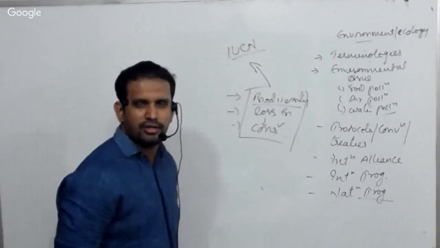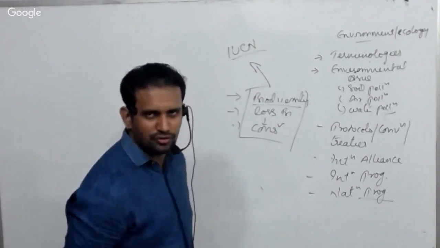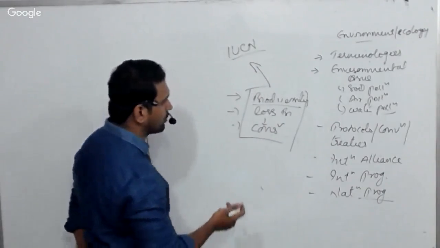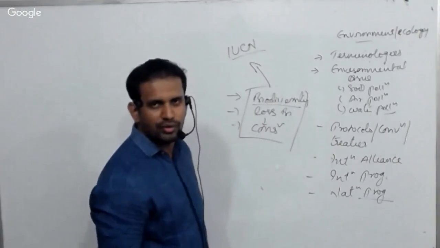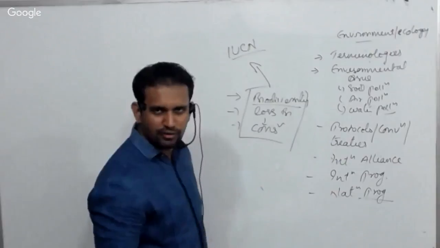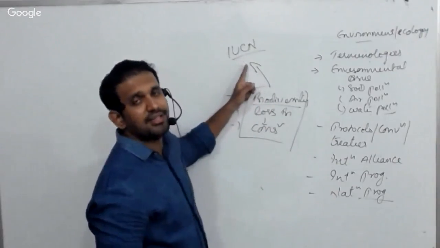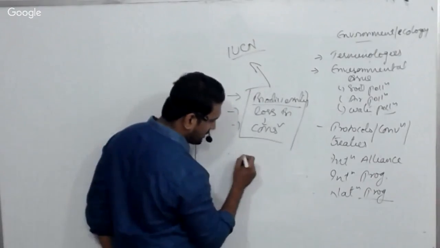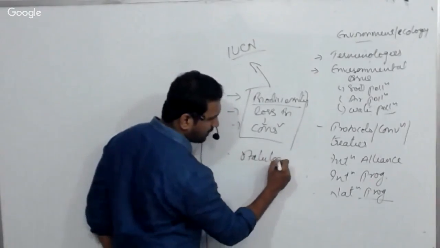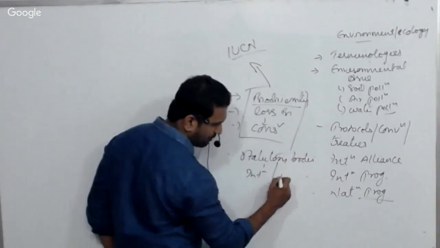an organization, the International Union for Conservation of Nature and Natural Resources, which we are going to discuss as well. So yes, the world is losing its biodiversity. Why we are losing the biodiversity and how much we have lost will be given by the IUCN report, which we call the Red List. Later on we'll discuss it. Then statutory bodies in our country, international bodies and national bodies, these two we are going to cover.